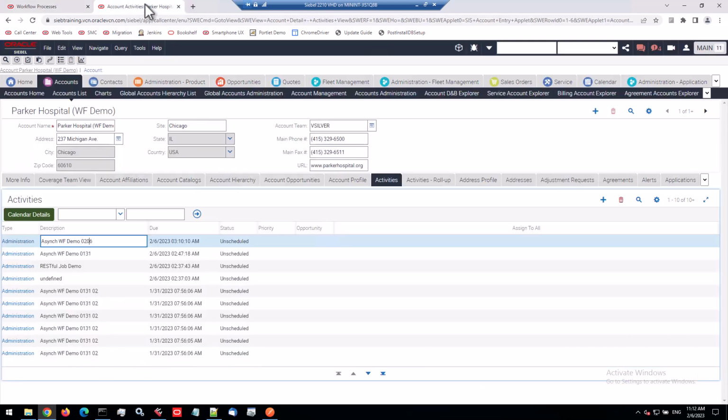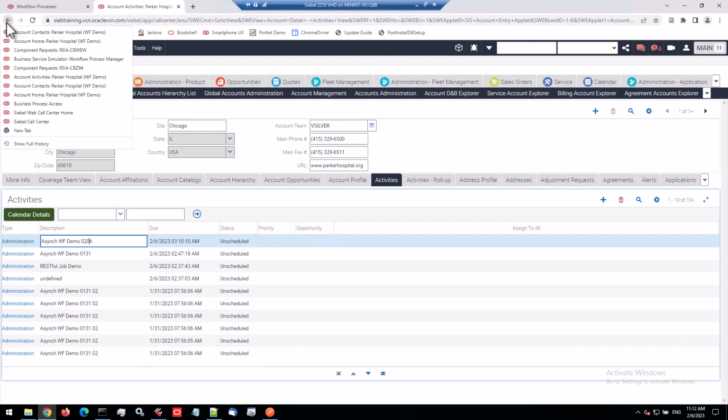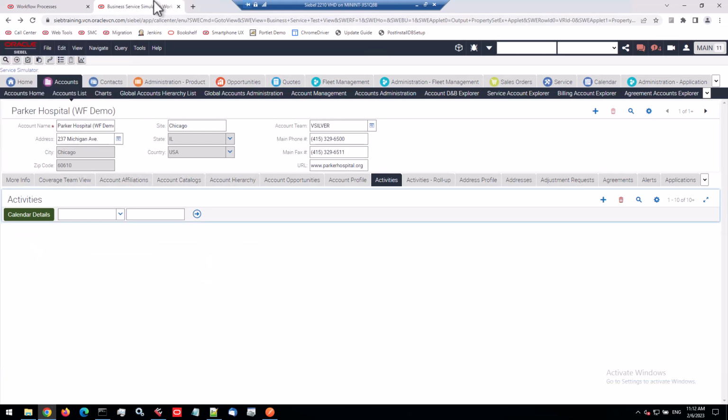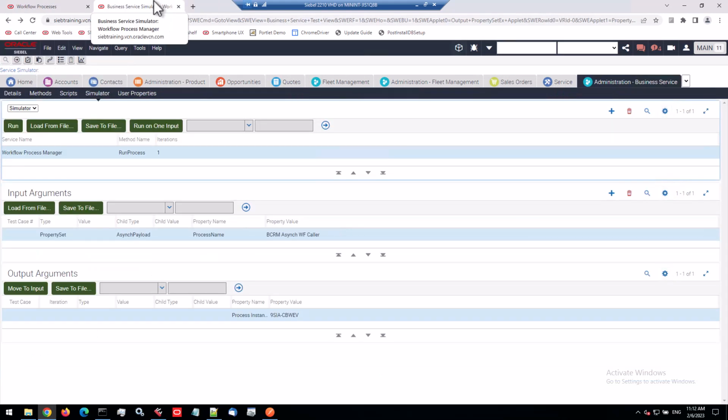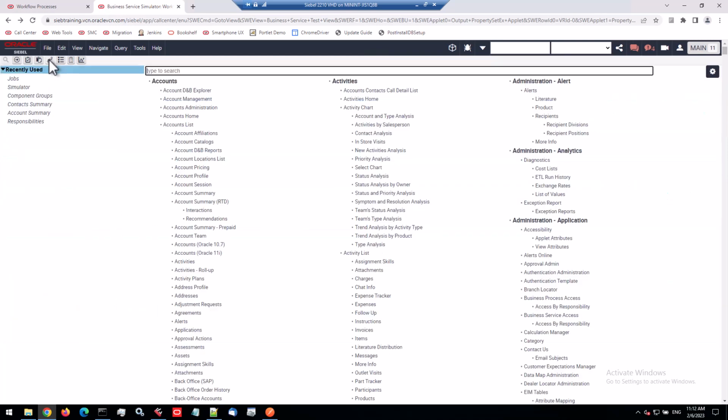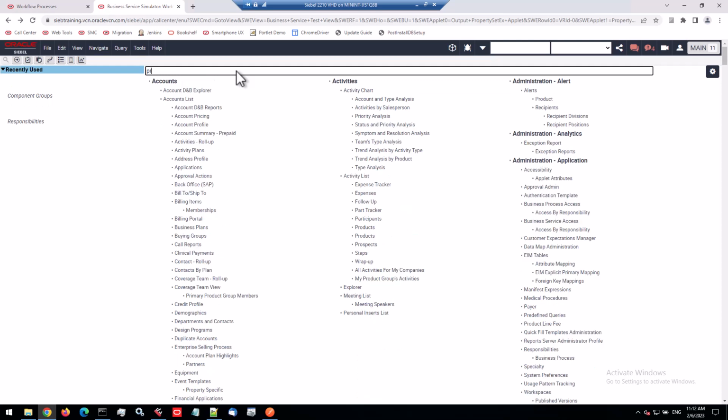And I have invoked it using the business service simulator. Right, so there's no magic in there. Of course, you could place a button somewhere or a runtime event inside Siebel. And in the demonstration, we also covered the REST API. So I thought it would be worthwhile to, well, let's go to the business process access